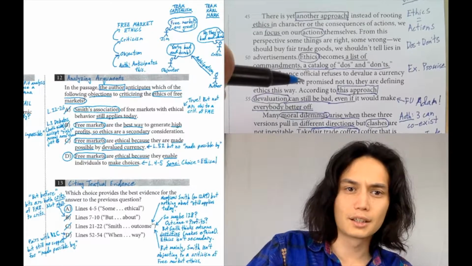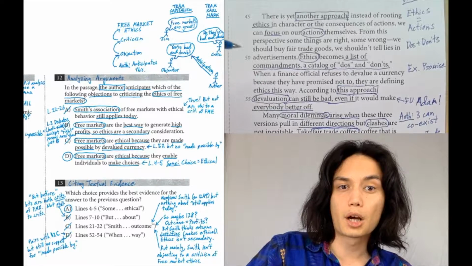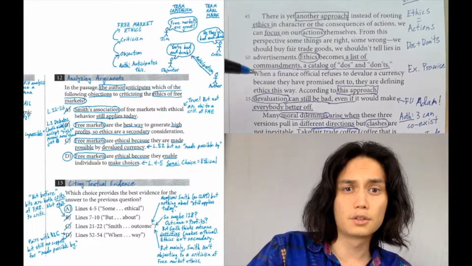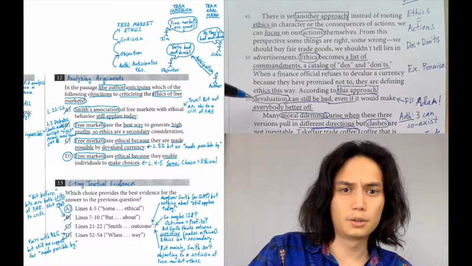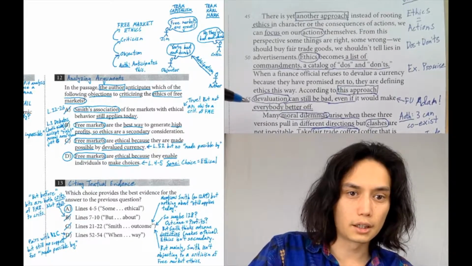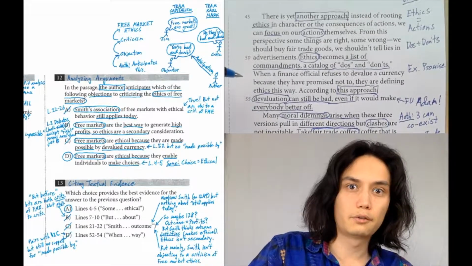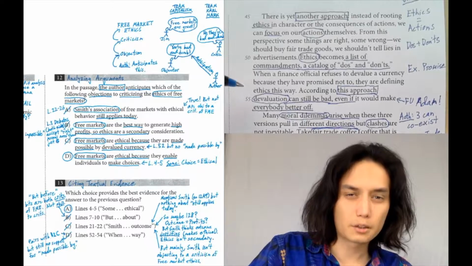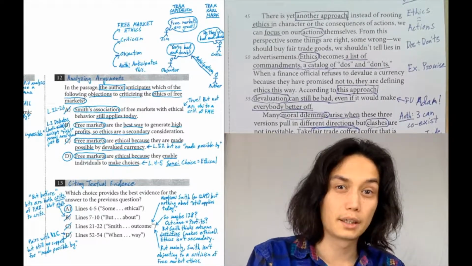Breaking promises is a bad action. Don't break promises, says ethics, this list of do's and don'ts. So the person decides not to devalue the currency because they've promised not to. There is no mention in here about a link between devaluing currency and the possibility of free markets. That's why it's wrong. Not enough that it just shows up at all. It needs to show up in the exact right way.